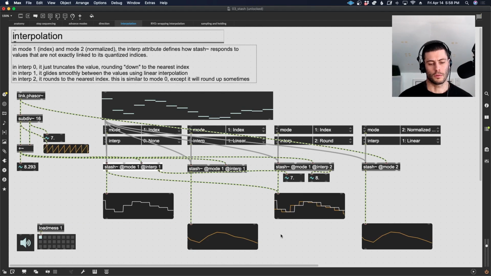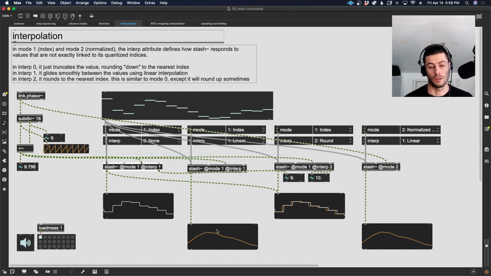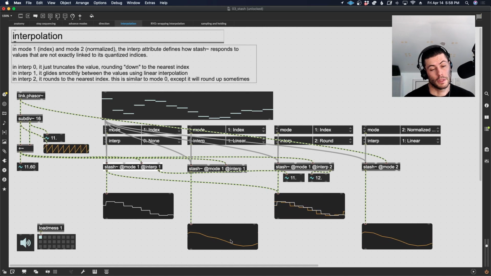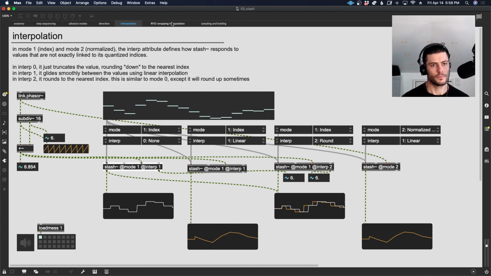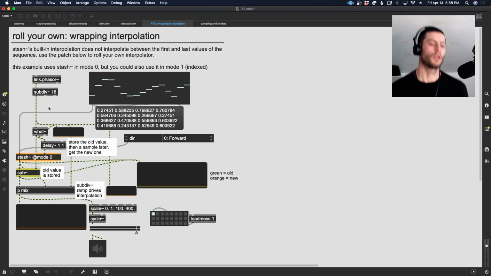So let's talk really quickly about how we can solve this problem with this jump, because if I were using it for this particular situation where I kind of wanted to make this LFO type of thing, the jump kind of makes it less useful unless I really make sure that the first and last values are perfectly lined up, which it looks like I've managed to do, but it's not ideal. So let's talk about that. So basically what we are going to do here